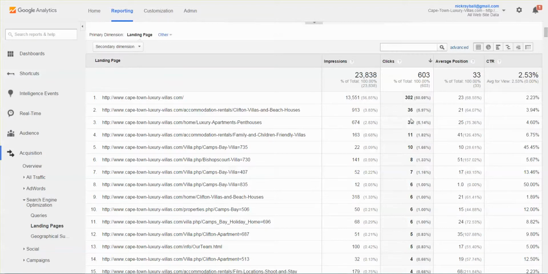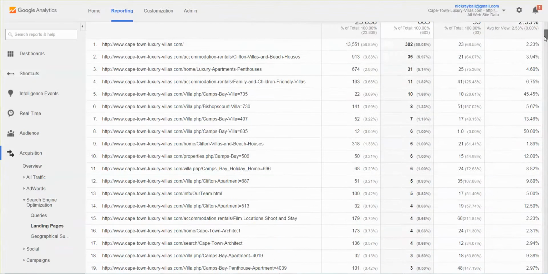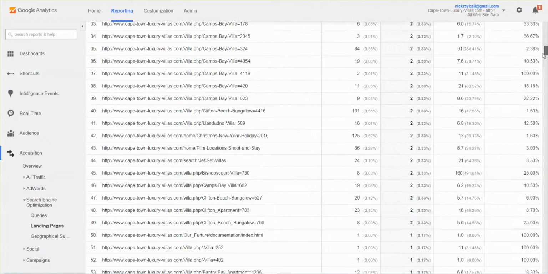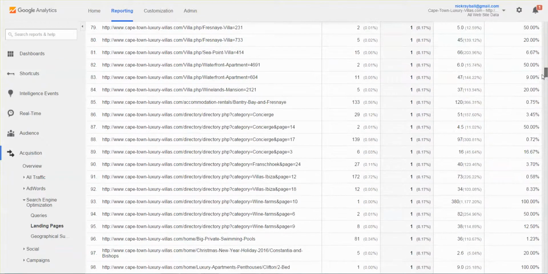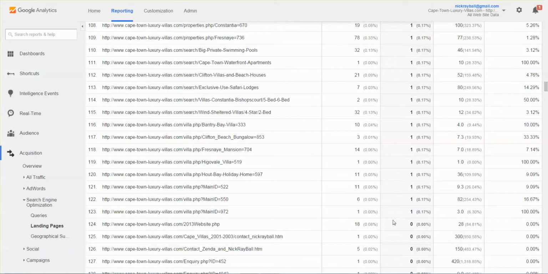And look, you can see, and I'm just presuming this is the first, yes, this is the landing pages. This is the first page that a client will come to. And you can see that there are many different pages that clients have landed on. And this is just in the last 3 months. There are 123 different pages that have been landed on, and only 2 of those pages will be from Google AdWords. The rest of all these pages, 123, have been landed on because of the magic keywords software that we